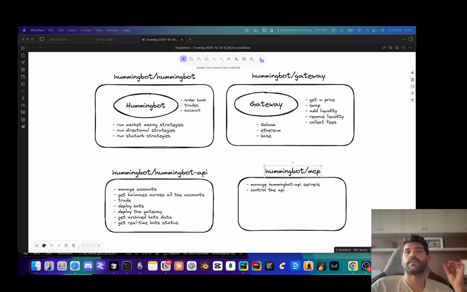But the good thing about the MCP is that you can say connect to this remote server, and as it's connecting to the local server where I have Hummingbot API running locally, it should be able to connect to these multiple servers. So yeah, that's basically what we can expect. But for now, it's not working to show you on the remote server. So probably for the next one, I can validate that. But basically, using this local server